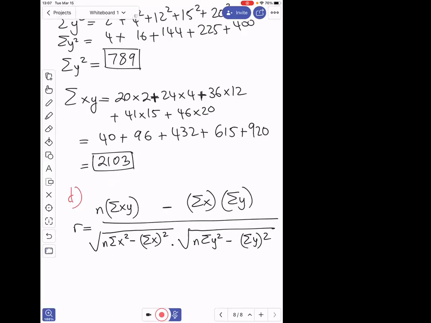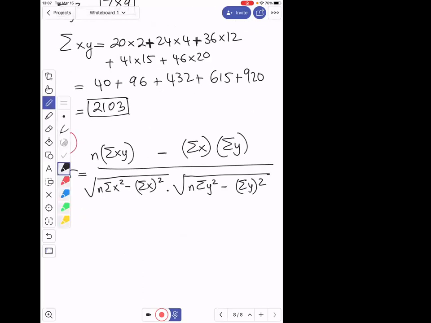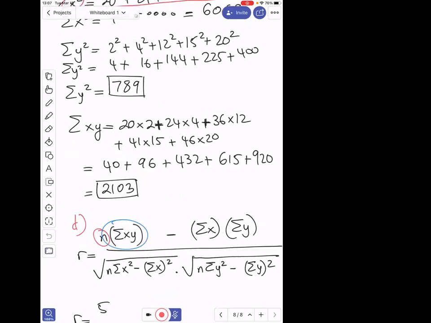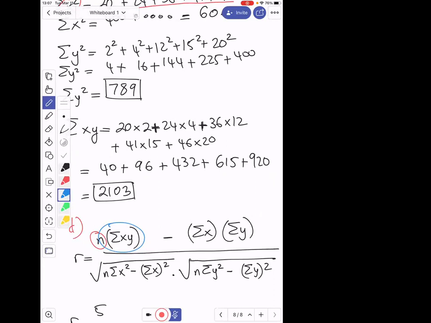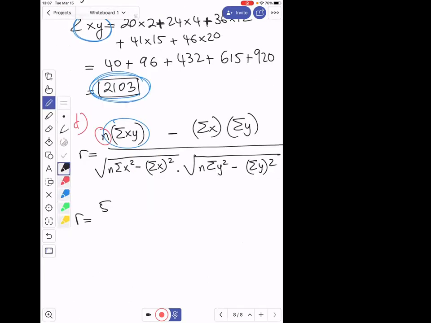All right, so let me explain now how to plug the numbers. Your R is equal to: first, there's this n, which is just the number of data pairs. We have 5 data pairs, so n is 5. It's 5 times the sum of the x times y. That's from the first step here. The sum of the xy, we said it's 2103. So it's 5 times 2103